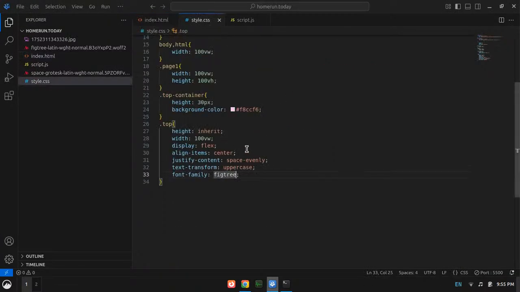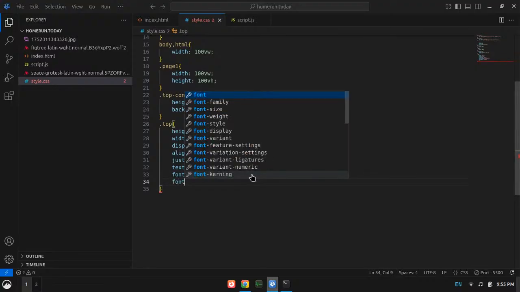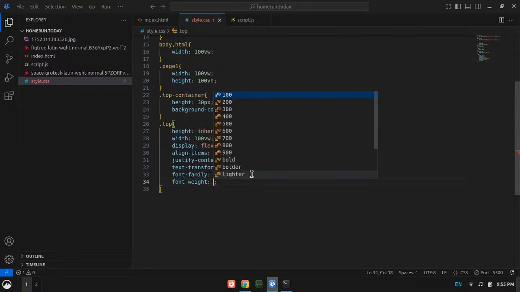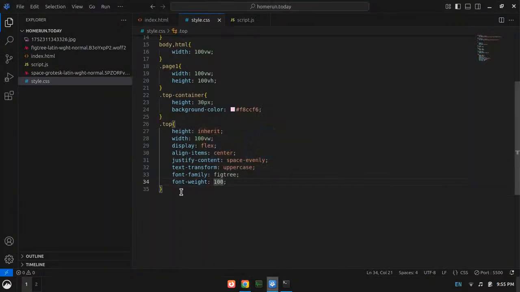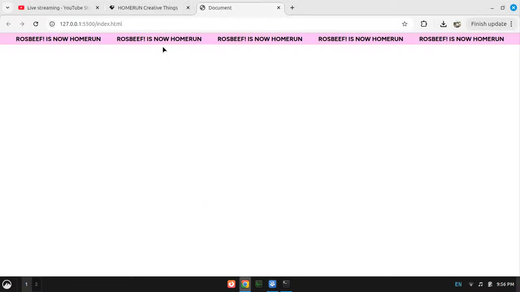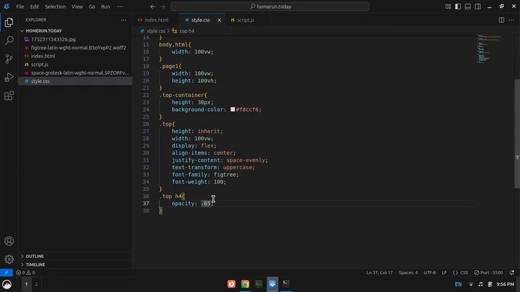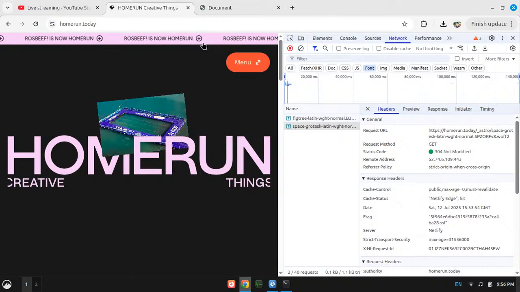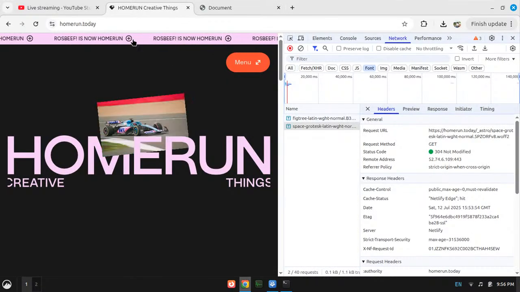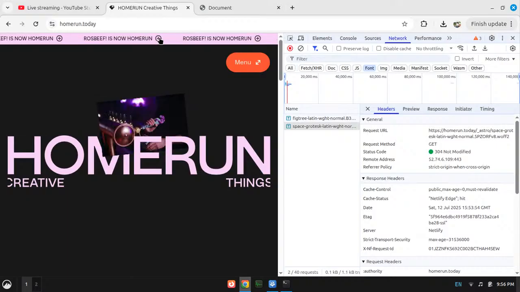Now what I need to do is actually reduce the font weight to, sorry, not 10, 100, right? And I need to reduce the font's opacity as well. So inside the tops H4, opacity would be, let's say, 0.65, and now yeah, it's quite close, but maybe a little more opacity. Yeah, it's almost there. And well, about this symbol, round symbol plus type, it's an external symbol added. We can add it, or I'm going to leave it for right now.